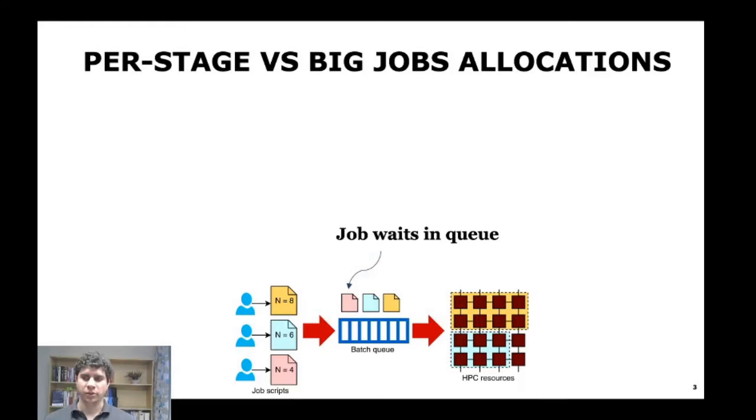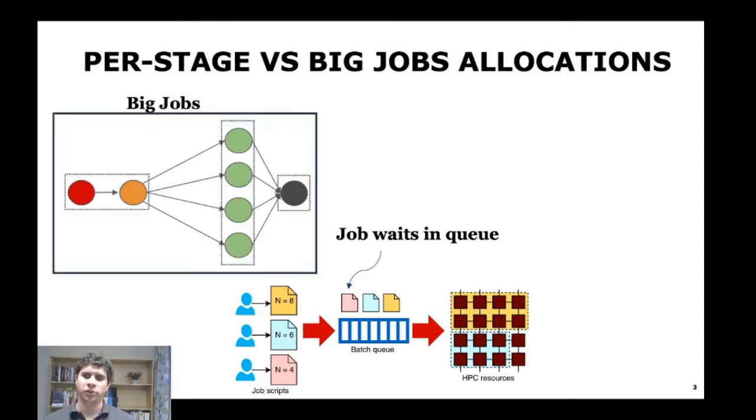In HPC, users go through a batch queue where they submit their jobs and have to wait for resources so the application can start execution. Workflow management systems are user APIs and libraries that handle the execution of a workflow. These systems usually submit jobs in two ways. One strategy is to use big jobs, sometimes also called pilot jobs. In this strategy, the maximum amount of resources that will ever be needed at runtime are allocated for the whole